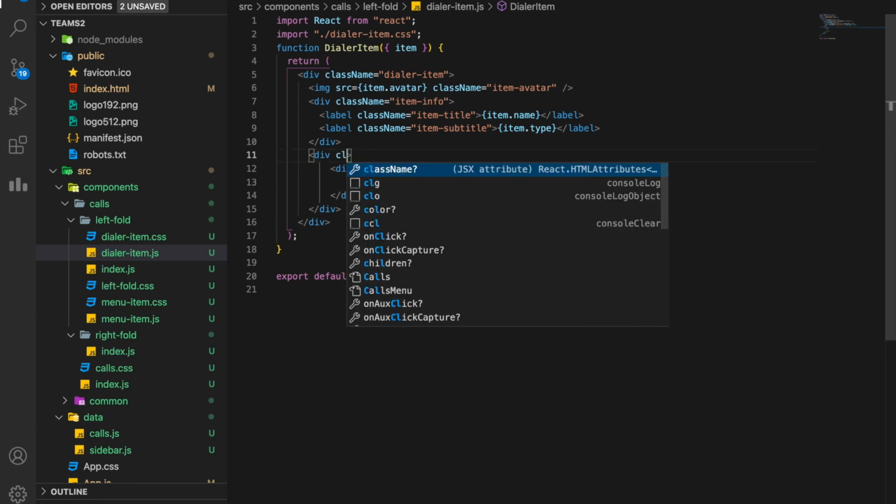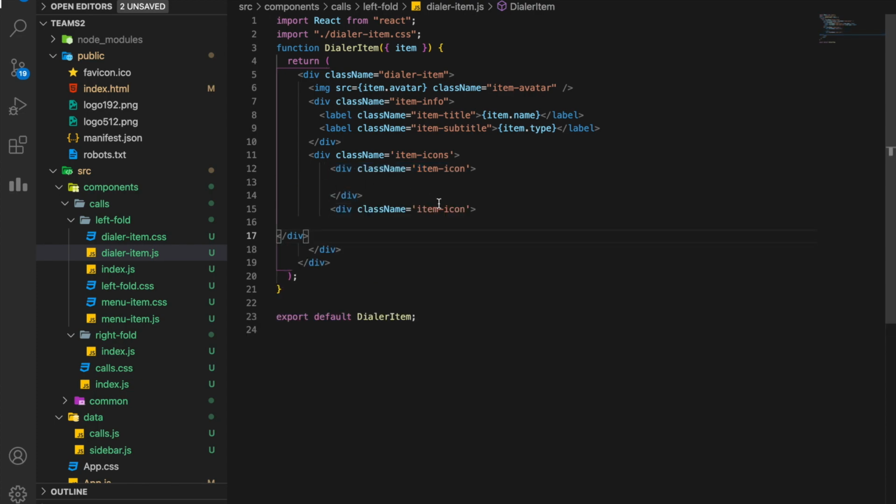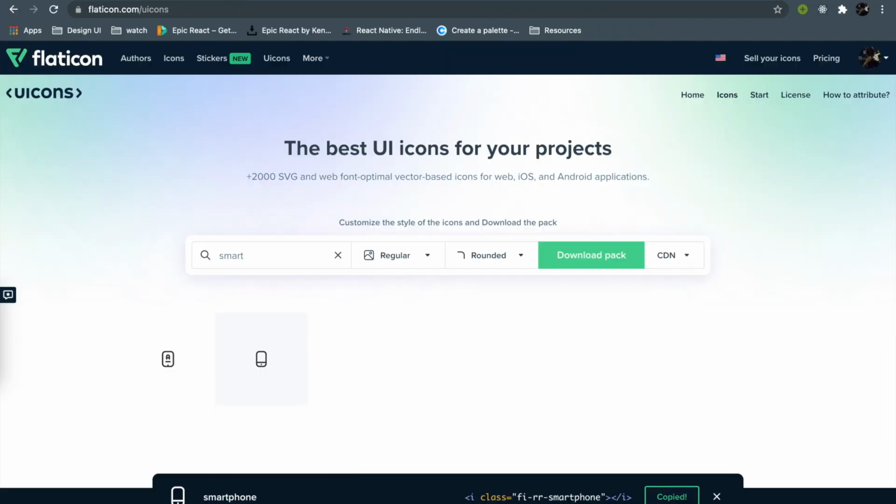Let's give it a class name of item-icons. You see the S is there, it's plural, and here let's call it item-icon for one single icon. I'll copy this for the second icon and place it from here. First one is a microphone. Again, I don't have a phone, so I'm using a microphone here.